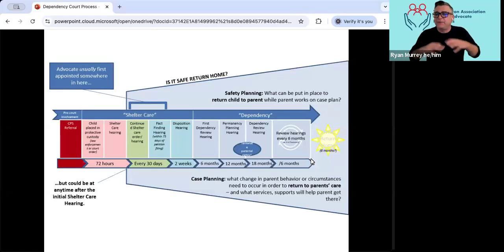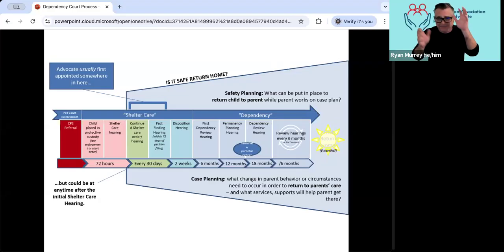Well, to give you an overview of what the process looks like, this is a slide that shows the overall court process, the timelines and what we call different phases of the court process. This is like trying to take a 3-dimensional orange and smash it down into a 2-dimensional object.